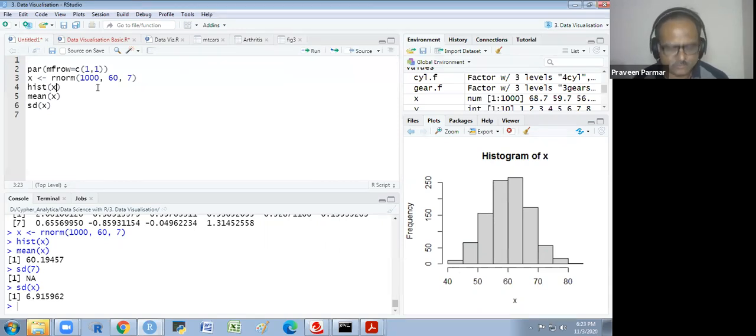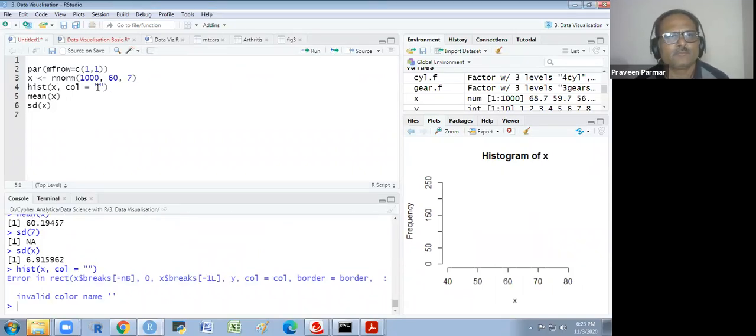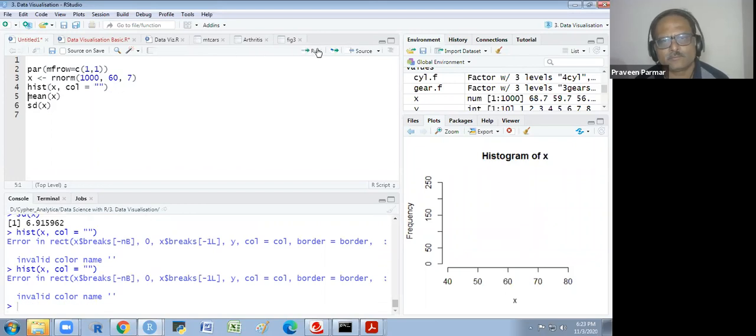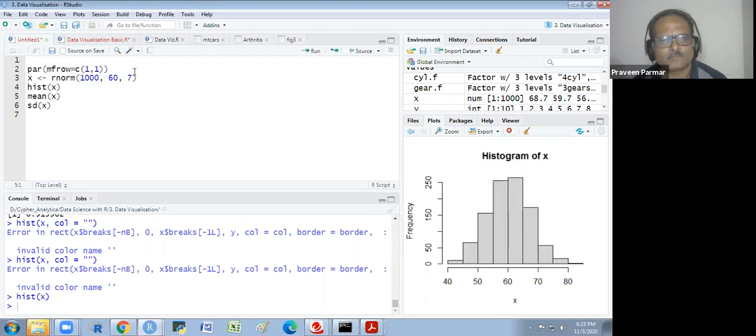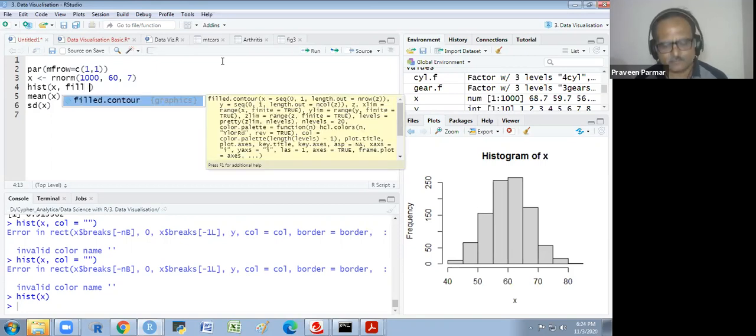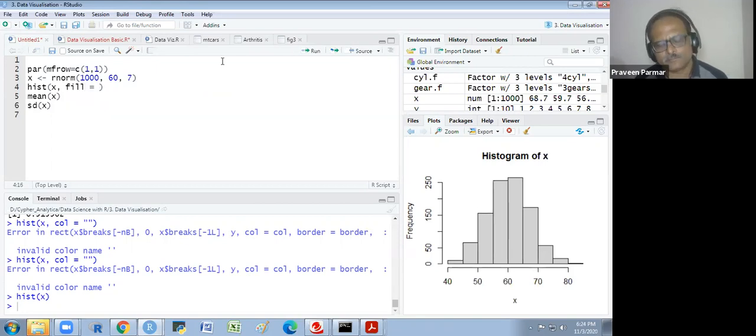I will show you. I am not getting the color fill here. Fill null we could take. You could use fill equals gray, in this way.